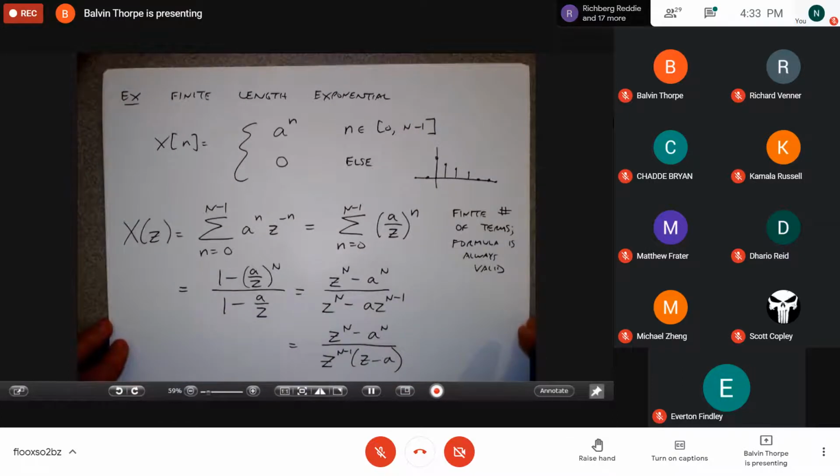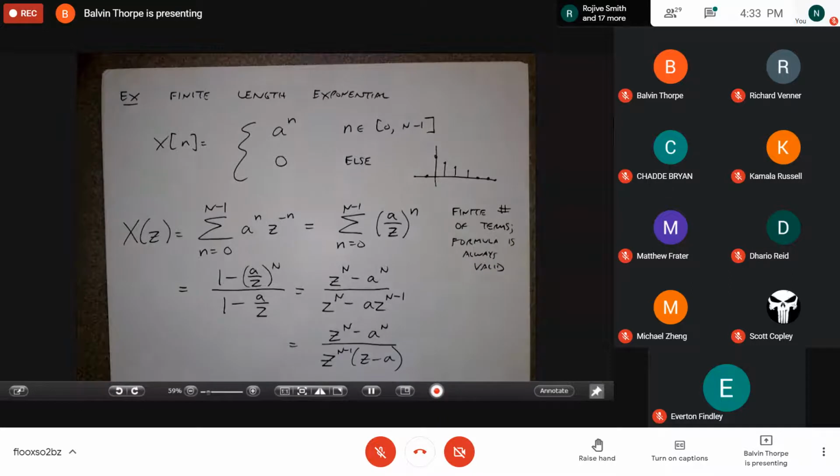And so here, I would take a look at this and say, okay, well, again, now I have a polynomial in z over a polynomial in z. So I'm going to have capital N zeros, which are the zeros of this top polynomial, and capital N zeros, which are the zeros of this bottom polynomial. Okay? So my pole zero plot is going to be a little more complicated. So let's look at the poles first. I'm going to get n minus 1 poles at z equals 0, right? Accounting for this. And I'm going to get a pole at z equals a.